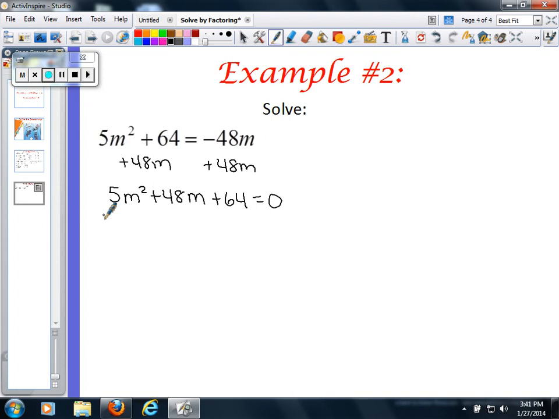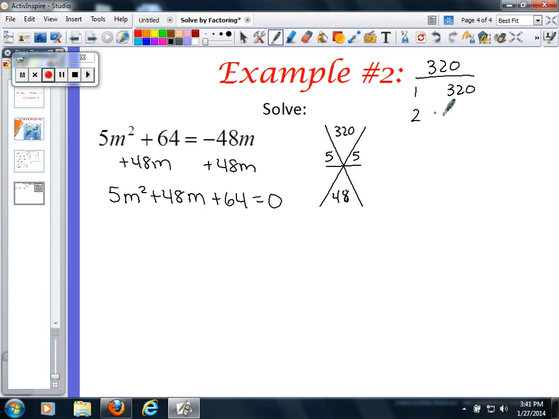Okay? So now this is when I'm going to actually use the star method. I find the star method to be easier when there's a number here. So this is a 5 and a 5. 5 times 64 is going to be 320. And this is going to be 48. Okay? So now I'm going to write 320 up here, and I'm going to go through and find the